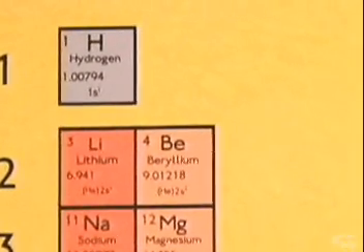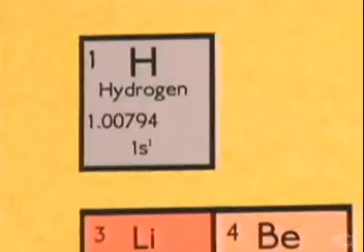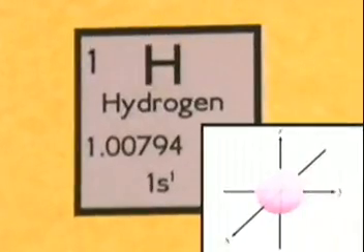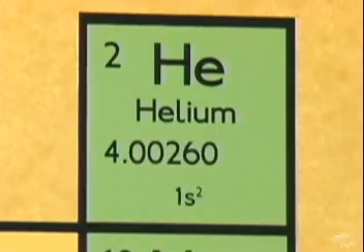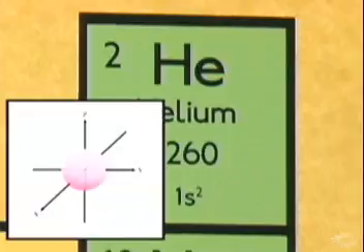Let's look at some examples of how the electron configurations of atoms are written. Hydrogen has only 1 electron in an S-shaped orbital. It is written 1s1. Helium has 2 electrons in an s orbital. It is written 1s2. This is saying in the first energy level, the S-shaped orbital is filled to capacity with